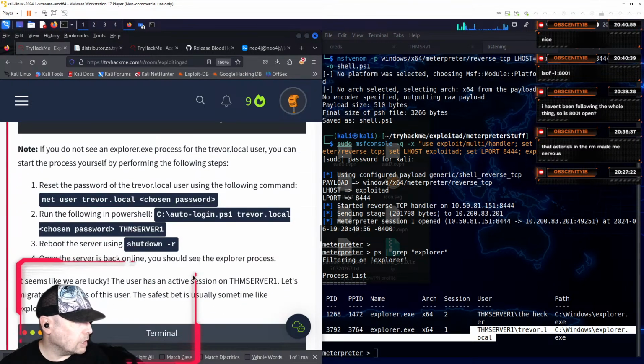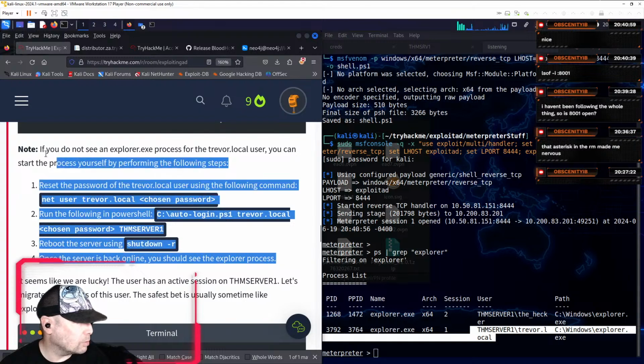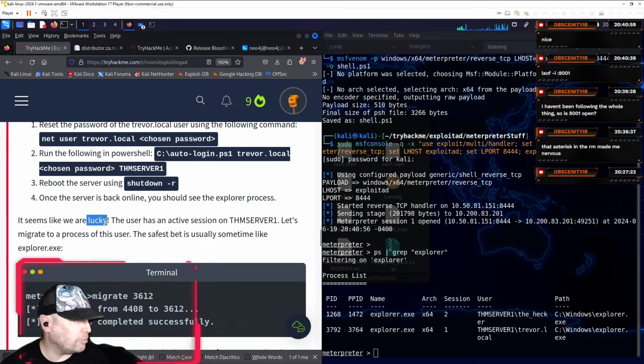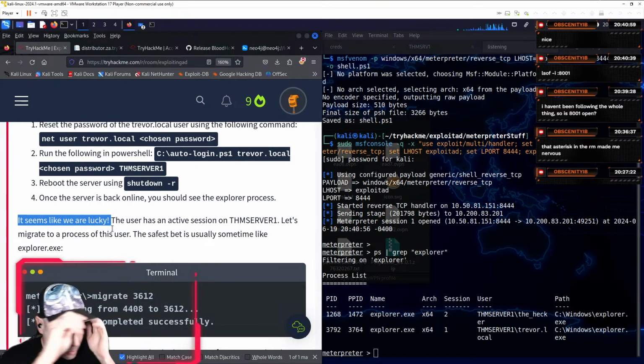Alright, in any event, we don't have to go through this because things went well and we are lucky. I'm lucky and grateful that everything has worked out so far. The user has an active session on THM server 1. Let's migrate to a process of this user. The safest bet is usually something like Explorer.